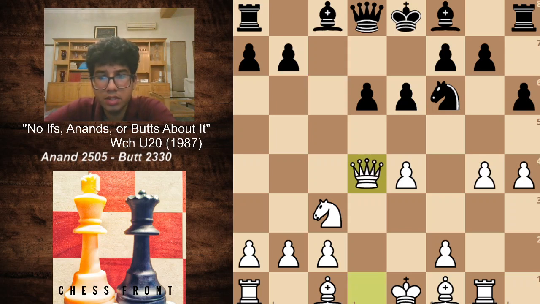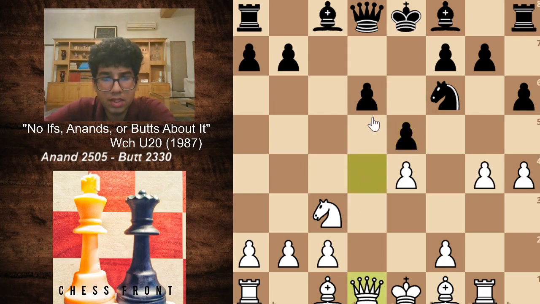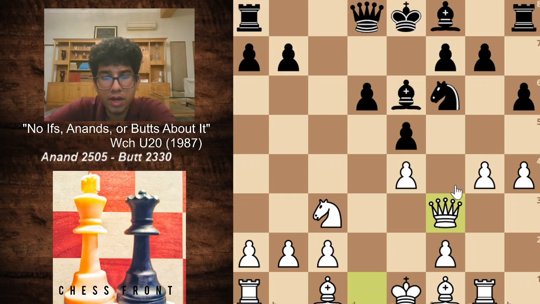So we have queen captures d4 and e5. Queen goes back, but this does weaken the d5 square. We have bishop e6 taking control of the square, and queen f3. White makes his intentions known that he will be trying to push the pawn and eyeing the king side. So we have bishop e7 and g5.